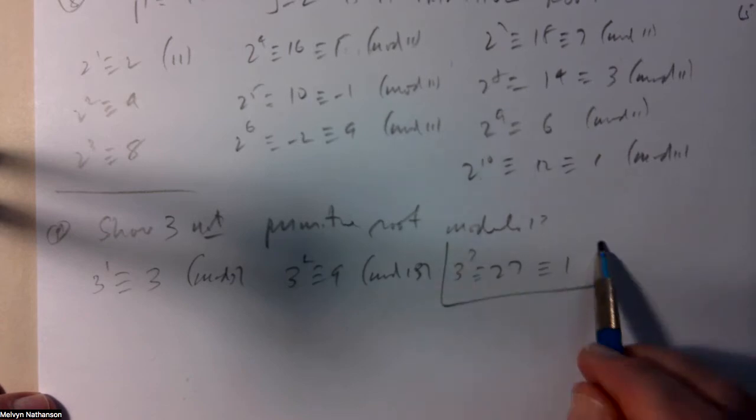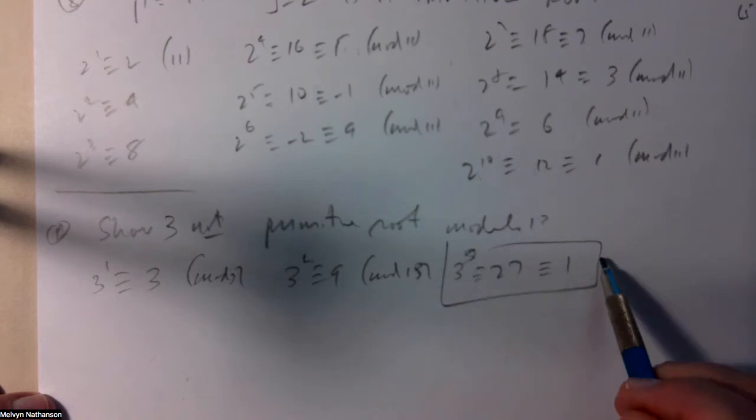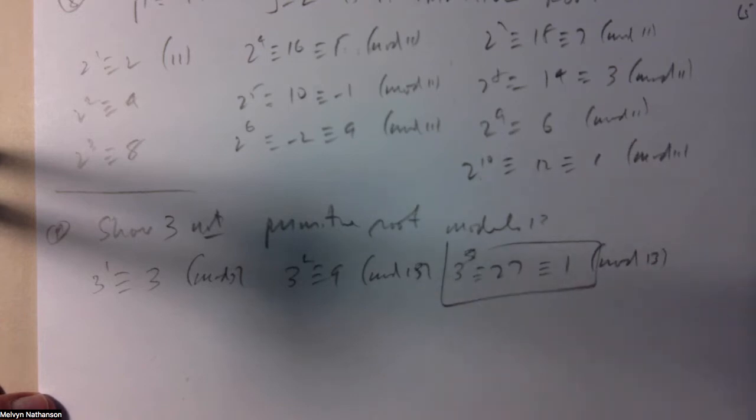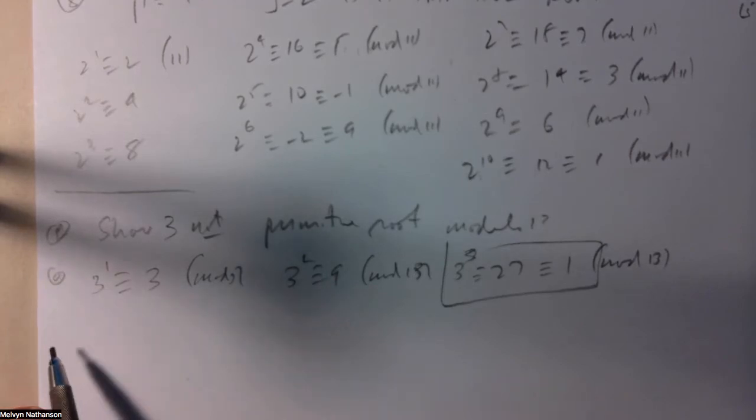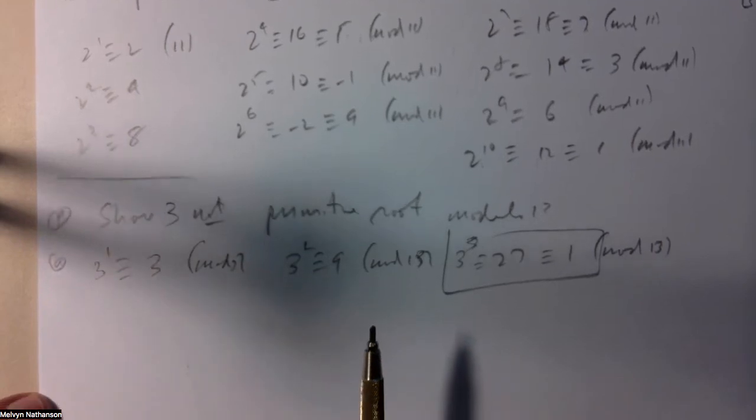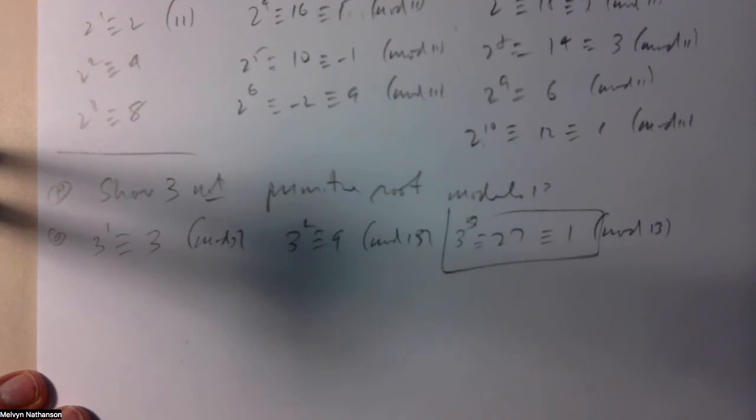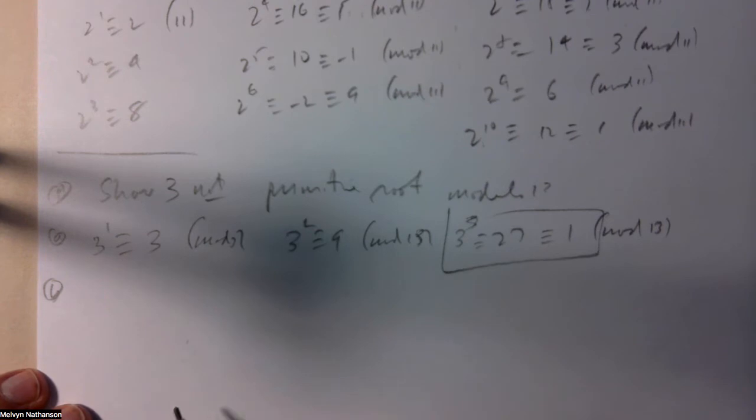Wow. So 3 cubed is 1 mod 13. So 3 is not a primitive root. What about 2? An element is a primitive root mod 13 if the smallest power of the number which is congruent to 1 mod 13 is the 12th power. So if we're going to prove 2 is a primitive root mod 13,